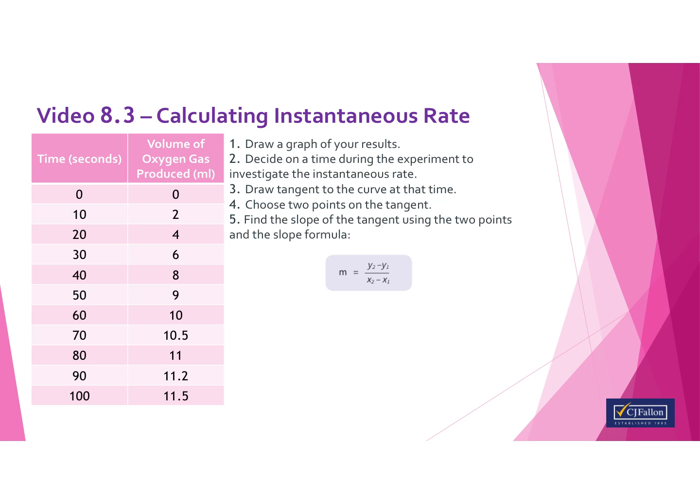This video is video 8.3, and this video is based on calculating the instantaneous rate. As you should know, the rate of a chemical reaction changes over time. It is usually fastest at the start of an experiment and becomes slower as the experiment proceeds. This is due to the reactants being used up and their concentration dropping, which means that the remaining reactants are